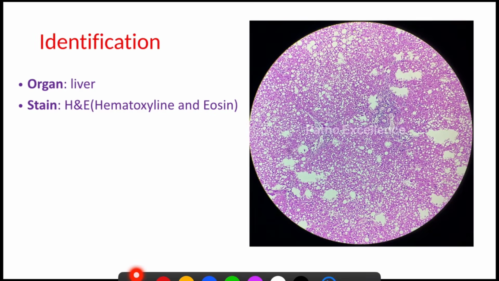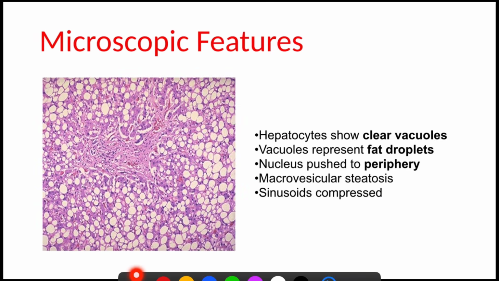So now you can identify liver, stain is HNE, and for organ identification in liver you can easily identify, one is portal triad and second is central vein. So central vein and portal triad are helpful to identify organ, and this is the section shows here a macrovesicular and microvesicular fatty change. So microscopic features, you can see hepatocytes show clear vacuolar change, vacuoles represent fat droplets, and